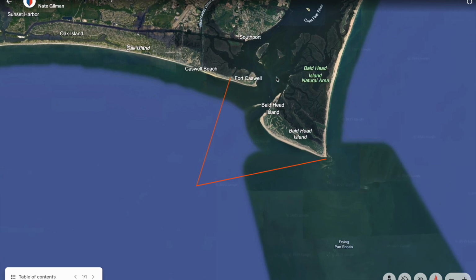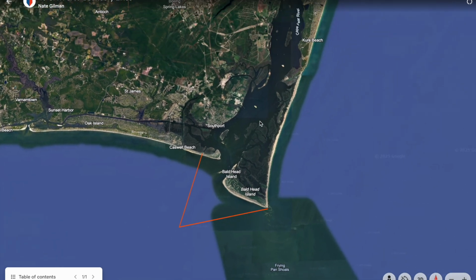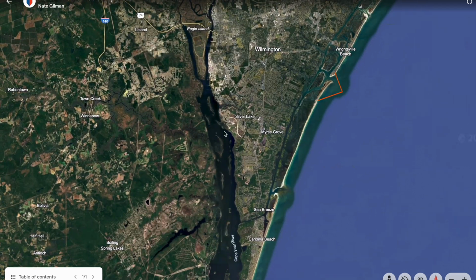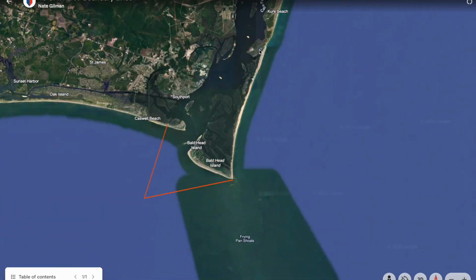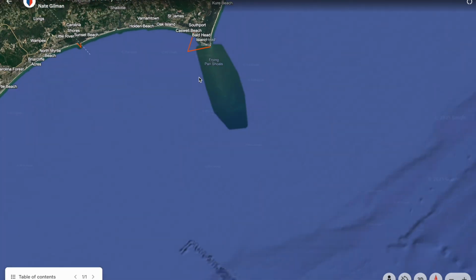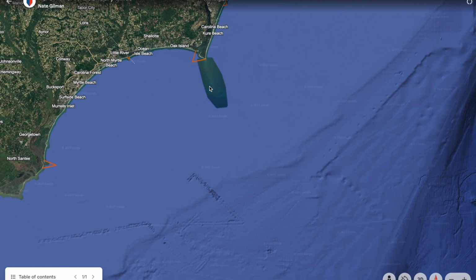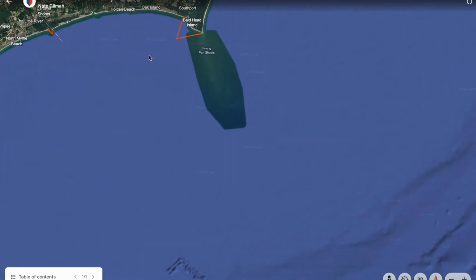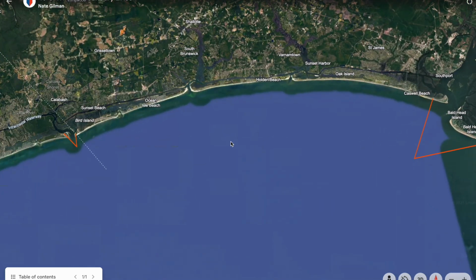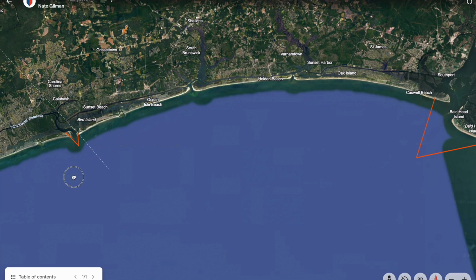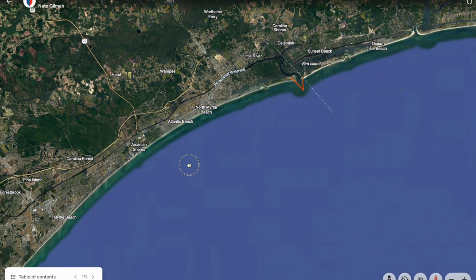At the very tip down here at Bald Head Island, you can see there's a little opening. So this is going to be your inland waters all the way up the Cape Fear River. As you make your way up, that is all inland waters. And this is all near coastal, right? So if you're off Frying Pan Shoals, making your way around, that's all near coastal waters. Coming down along, these are all near coastal waters. Whereas if you're up in the ICW, that is all inland. The whole time in the ICW is inland.